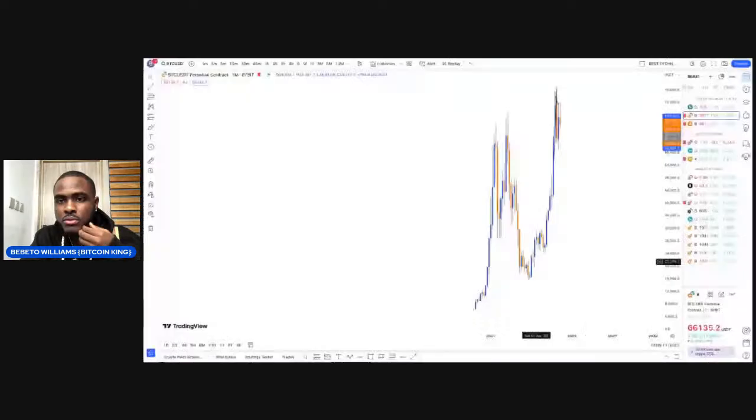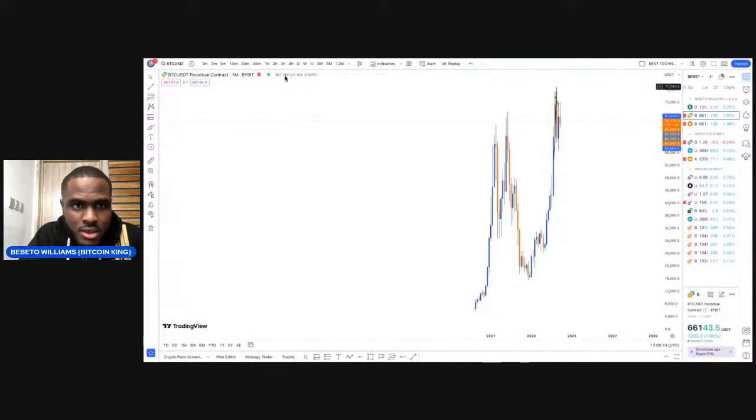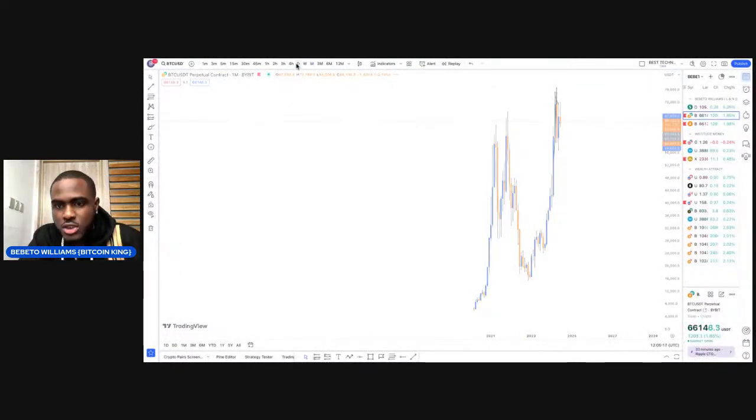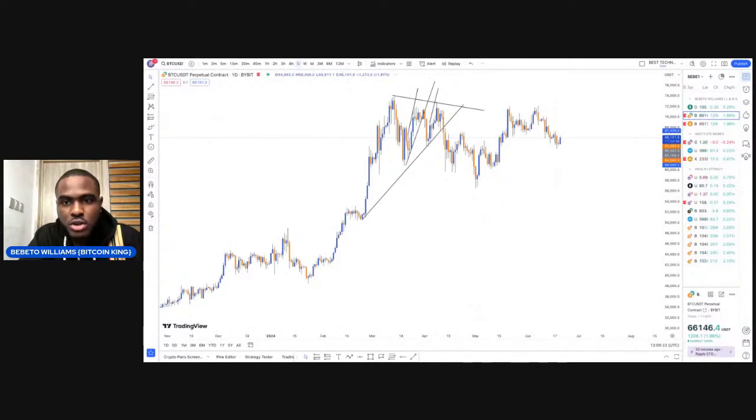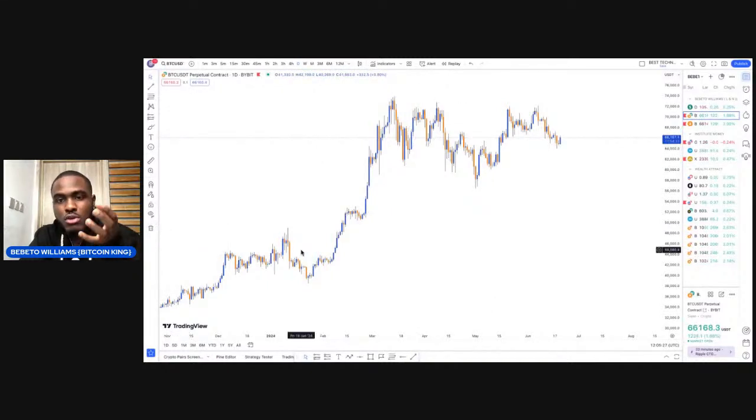So let me share my screen and show you what I'm expecting the market to do. Let's analyze, let's understand this market properly. Let's understand trading. Let's understand Bitcoin. As a day trader, every trader has their particular time frame they look at. What I look out for is the daily time frame, the 4 hours time frame, the 1 hour time frame. Then I enter on the 15 minutes time frame. The reason you enter on the 15 minutes time frame is to enter fast, so that your stop loss will be very tight.